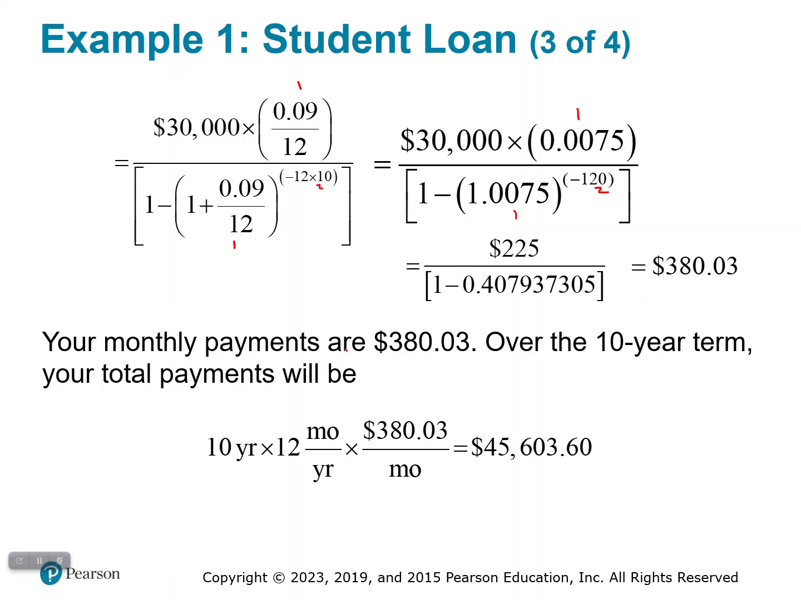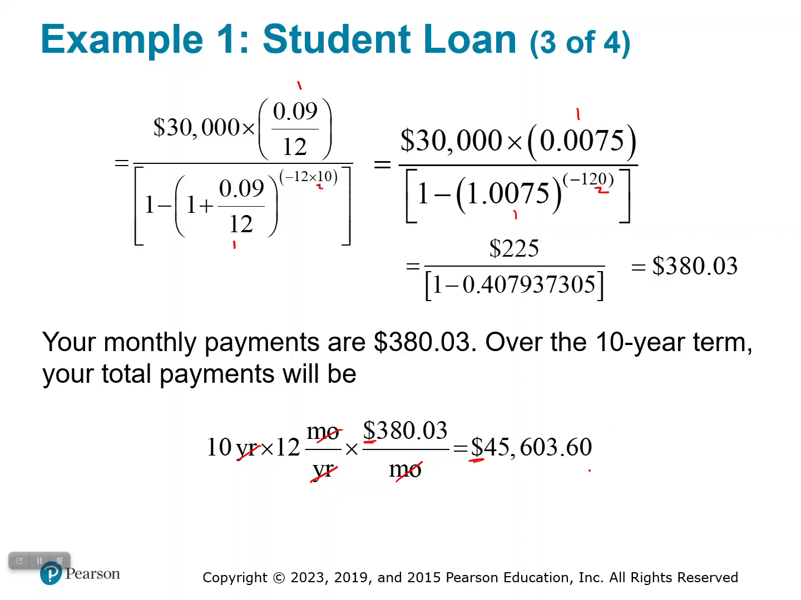All right, so you got that value of $380.03 over the 10-year term. Your total payments will be, for 10 years, you make payments 12 months per year, so your years cancel out. Your payments are of $380.03 per month, so our months cancel out. Remember that unit analysis that we talked about in Chapter 2? So we'll have 10 times 12 times 380.03. The only units left are dollars. And we end up with